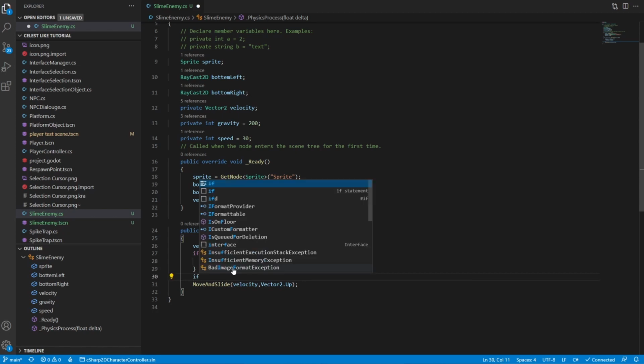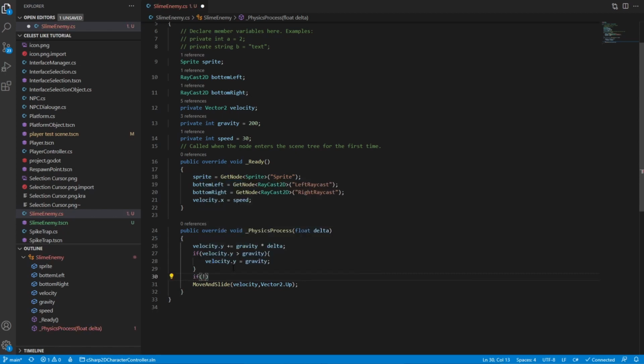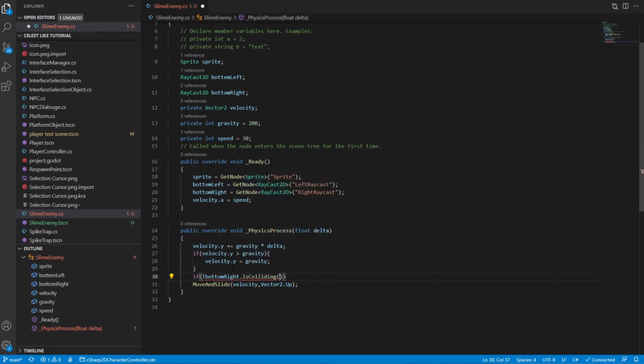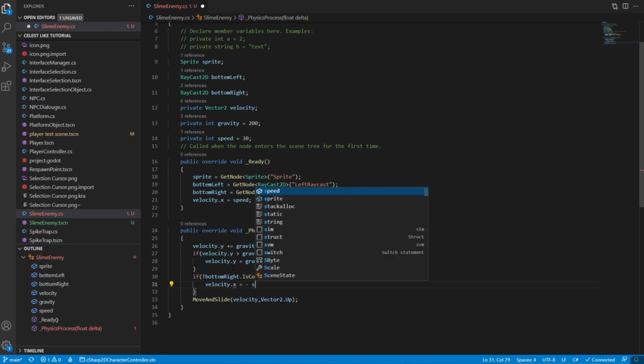So what I'm going to say is if not bottom right dot is colliding, then I'm going to want to go the opposite direction. So velocity dot x equals minus speed. So he's just going to turn around and move the opposite direction. And then I'm going to do the same thing, but if the bottom left is colliding.